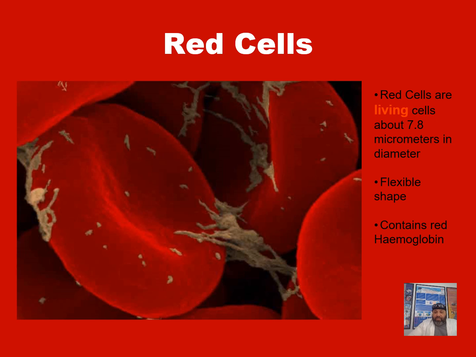They have a flexible, concave shape, and as mentioned, they contain hemoglobin, and they are unique. They have a unique shape and inner components that allow them to efficiently transport oxygen and direct the elimination of